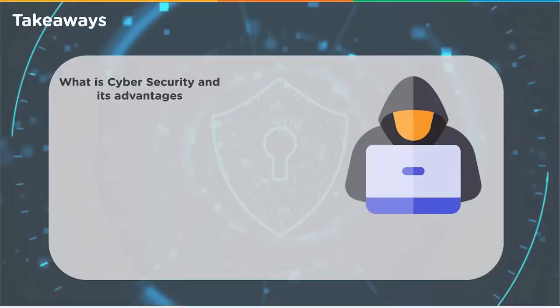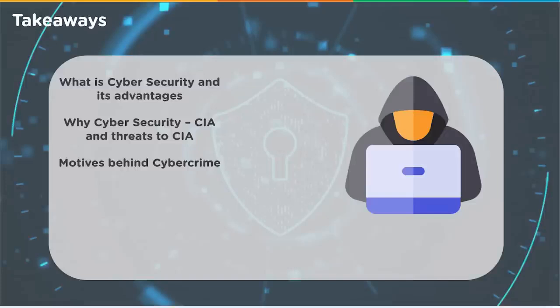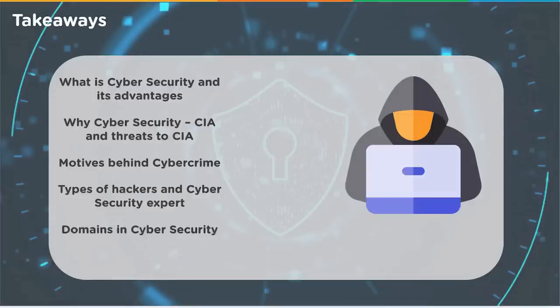What have we talked about during this entire video? First, what is cybersecurity and its advantages? We have talked about the confidentiality, integrity, and availability triad, and the threats that pose for the CIA triad. Motives behind cybercrimes: we have seen what motivates people to attack other computer systems and steal data from them. We have talked about types of hackers and cybersecurity experts, so white hat, black hat, and grey hat hackers. There are other types that we have talked about as well. We have looked at the domains that are available in cybersecurity and the courses and certifications that can be